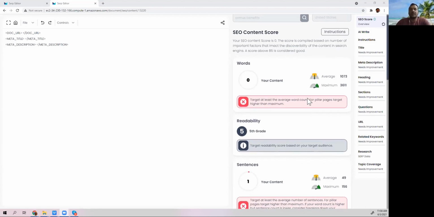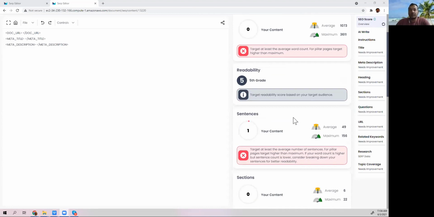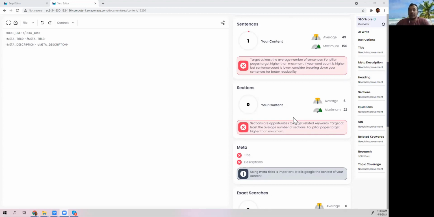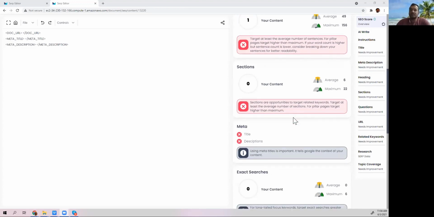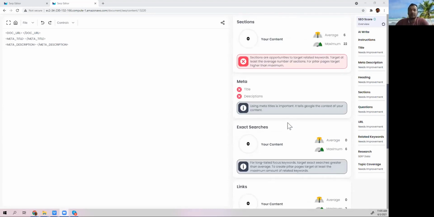The first thing you see here is general statistics about what your competition is doing in terms of word count, readability, what sort of sentences they're targeting, and sections. Sections are essentially your H2 and H3 tags. The more sections your competition is targeting, the more depth there is to that content, so you can take that as an indicator. There's also whether they're using meta title and description or not. If you've imported your content into the editor, it's a good way to check whether the content that loads from your website has the essential tags it needs for the search engine.